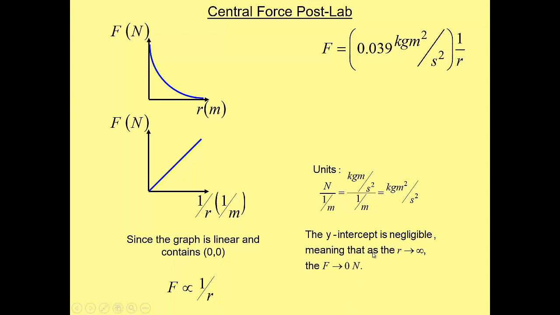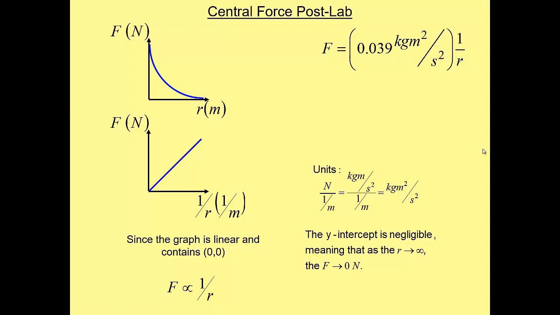What the y-intercept means is that as the radius approaches infinity, which is a really, really big number, the force approaches 0. Right? As the radius approaches infinity, the force approaches 0. And you can go the other way. As the radius approaches 0, the force approaches infinity that you would need. Right? So a little weird, little limiting thing that you've seen a couple other times here when we have this